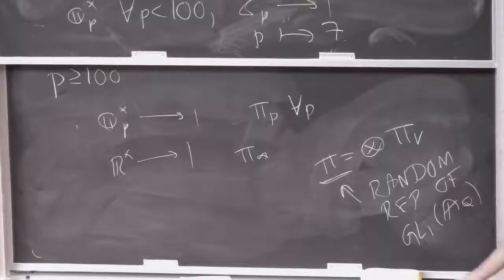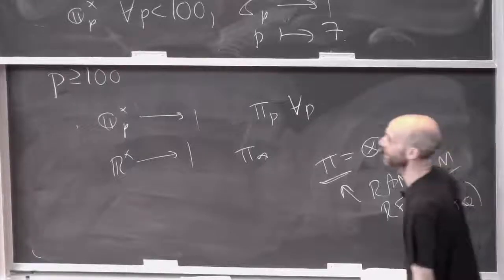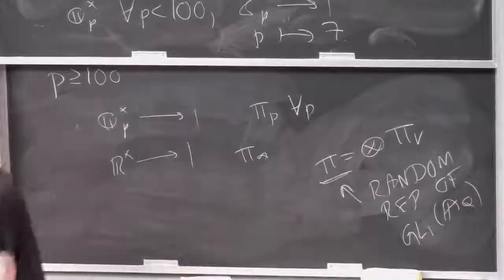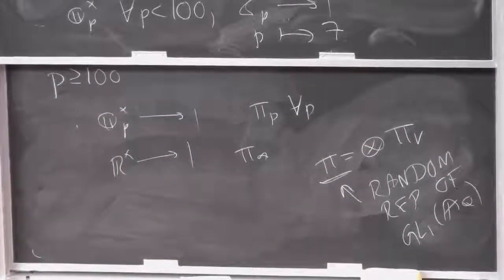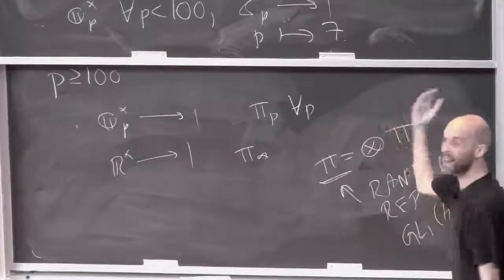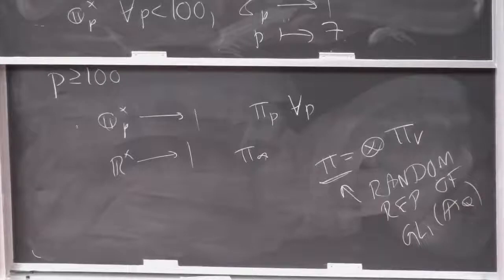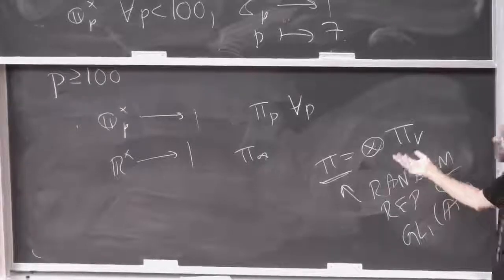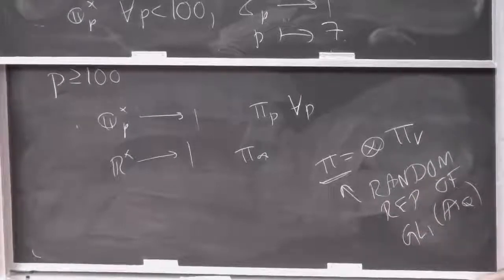And I'll note that it's easy to write down representations of GL_n of the adeles of Q in just the same way, right? I told you about the representation induced from chi_1, chi_2. That's a representation of GL_2 of Q_p. So we can just choose random chi_1, chi_2s for all primes p, and then we get representations of GL_2 of Q_p for all primes p. We tensor it together. We could put the trivial one-dimensional representation of GL_2 of the reals in, and Bob's your uncle, right?